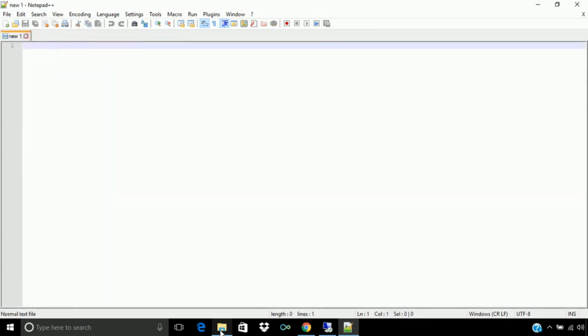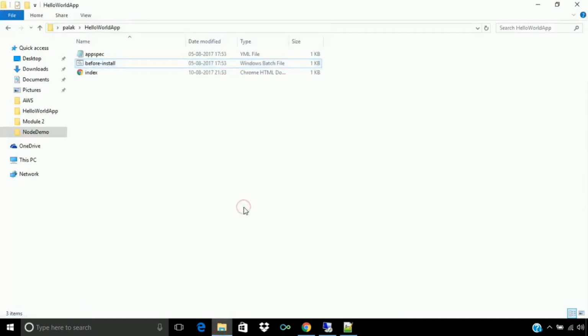Now to upload it to Amazon S3, first we have to bundle it and make a compressed zip file containing these three files. We have to be sure that it will not be stored under any folder. So we have to make the zip of these three files directly.